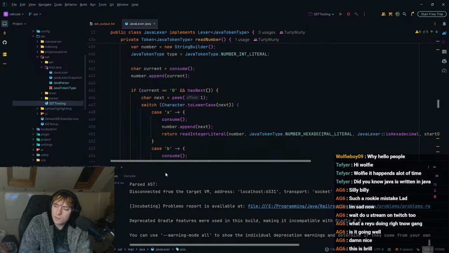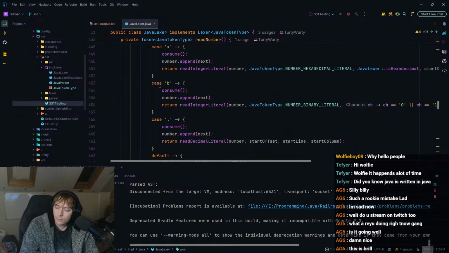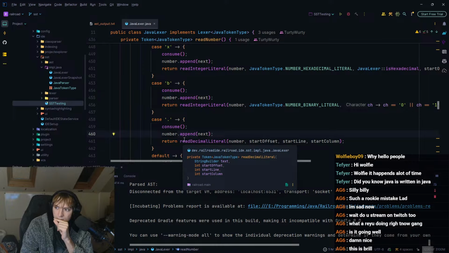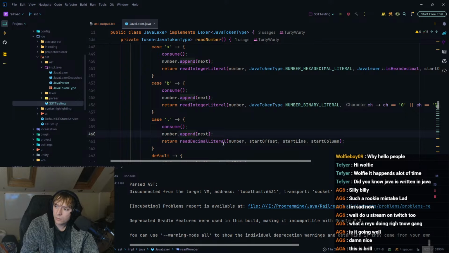Switch on next. So if it's X, okay, if it's B, if it's dot, then it consumes it, adds the next, and reads it as a decimal literal. I don't see how this could go wrong, I can't lie.